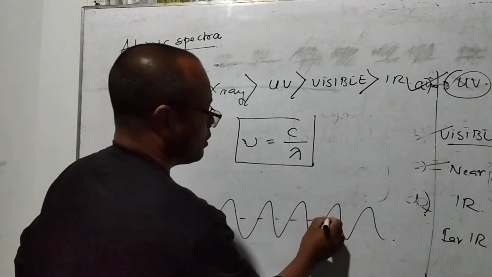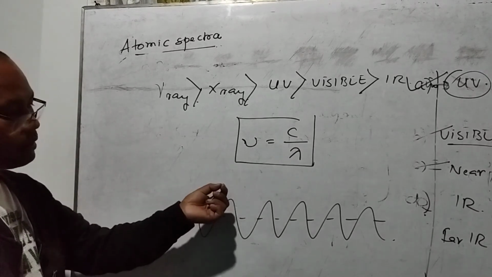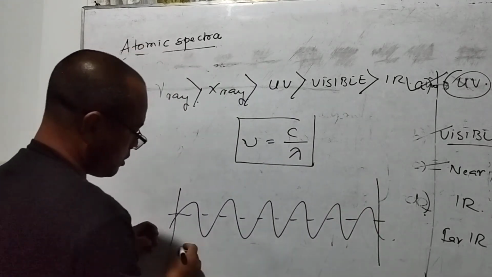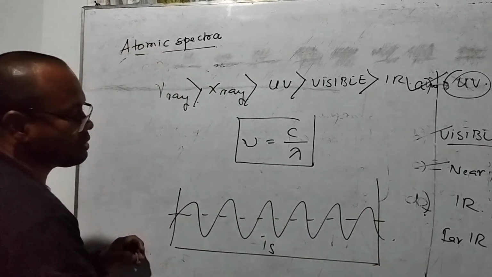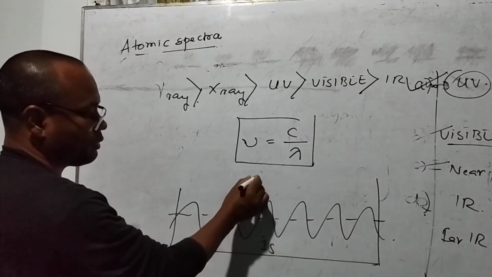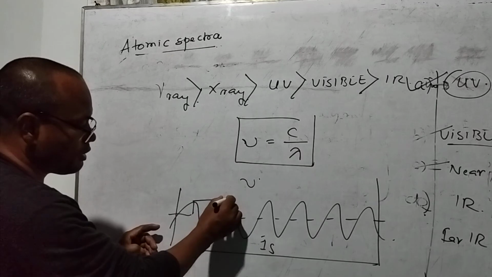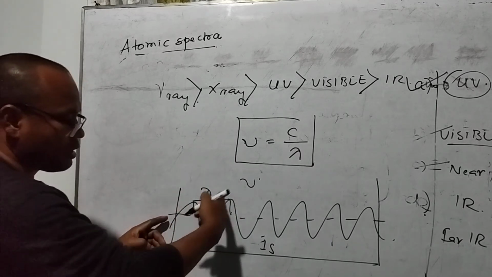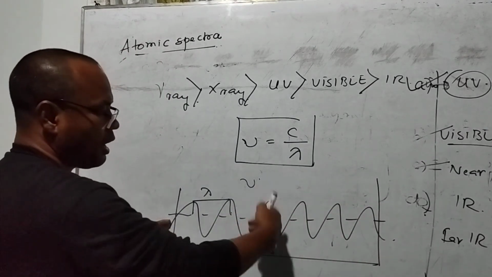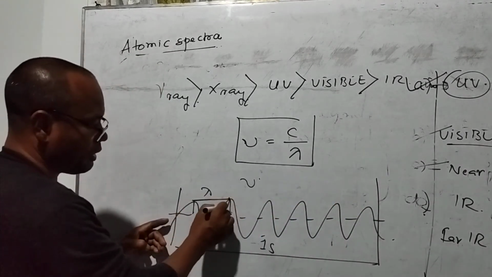When I draw this, this is the wave nature, where our particles move in the direction of propagation. Suppose I mark here 1 second. In 1 second, how many waves travel? That is what we call frequency, right? The distance between two consecutive waves is what we call wavelength. So the maximum number of waves in 1 second means the highest frequency. Why is this frequency very high? Because the wavelength is very short.